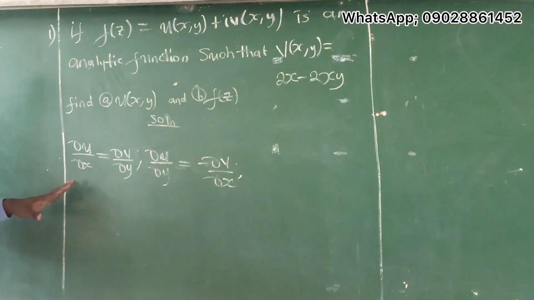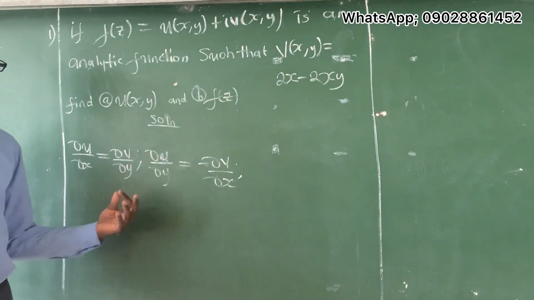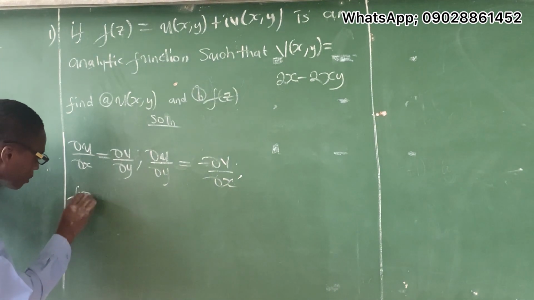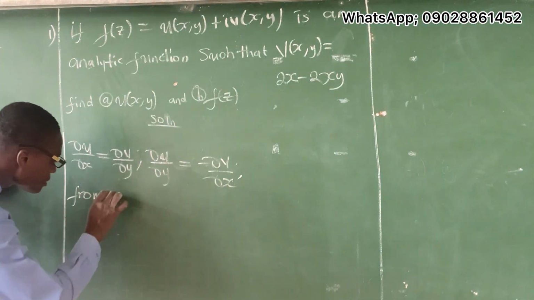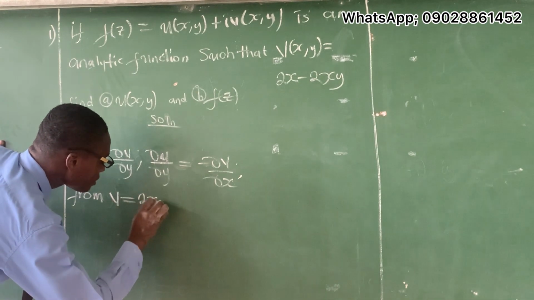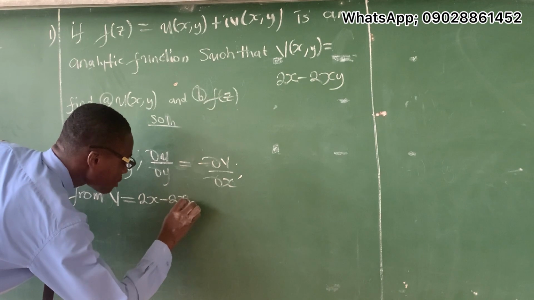Then we can go ahead and integrate to find the function. So this implies that from the imaginary part, which is given as v equal to 2x minus 2xy,